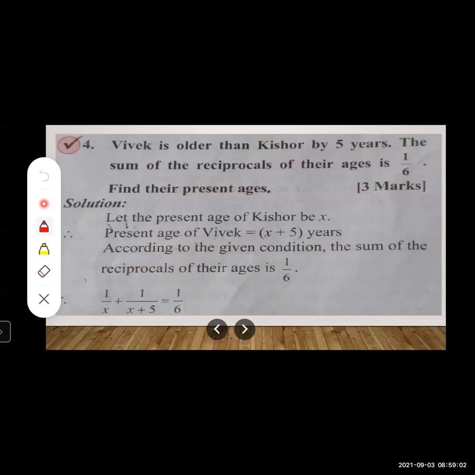The sum of the reciprocals of their ages is 1/6. So first of all, let us write what is the reciprocal of the age of Kishore. Yes, 1/x. Reciprocal of Kishore's present age is 1/x. Similarly, reciprocal of Vivek's present age is 1/(x plus 5). Now the condition given over here is the sum of the reciprocals of their ages is 1/6. So according to this condition, you should write the equation as